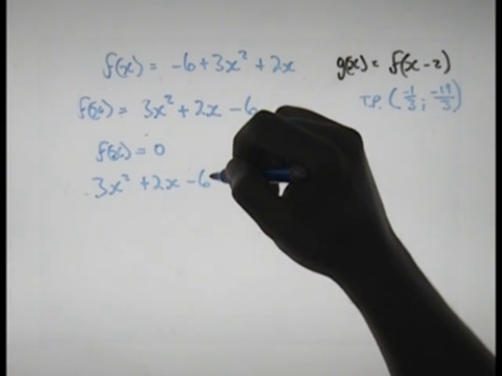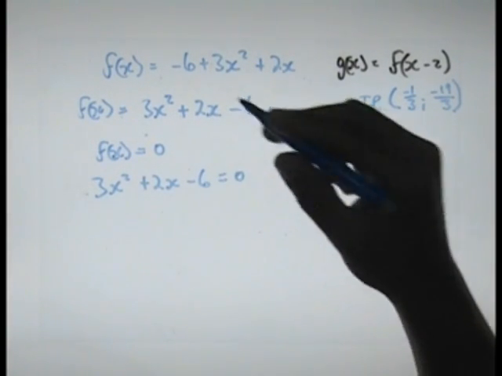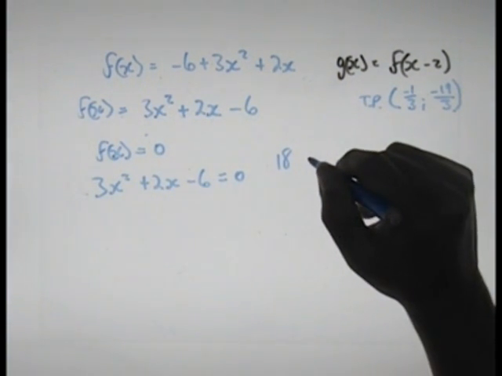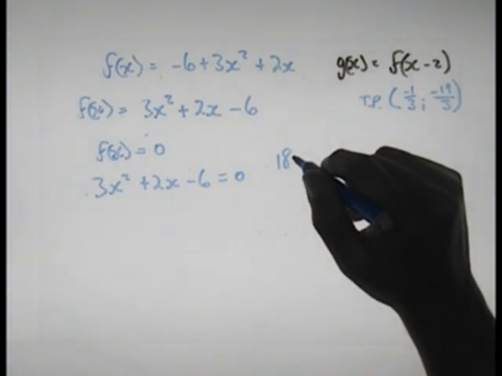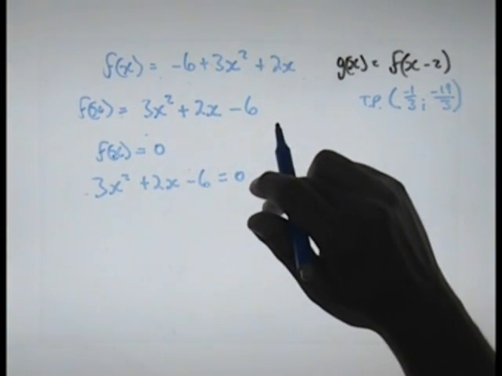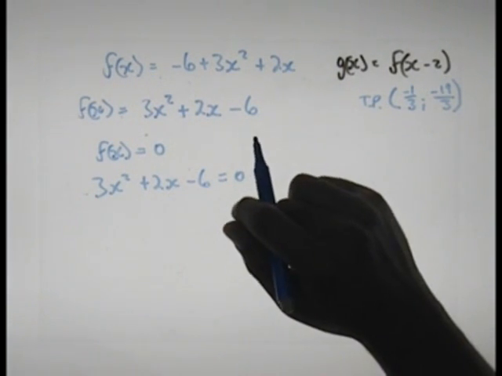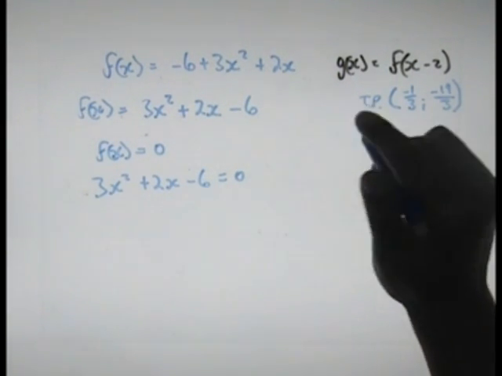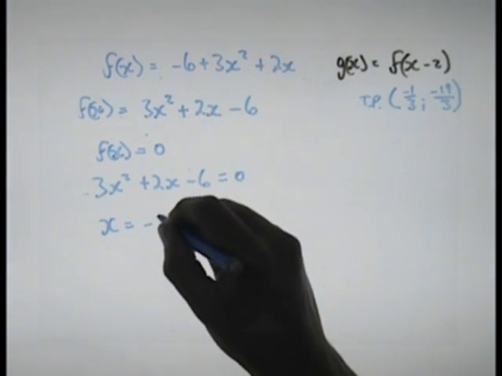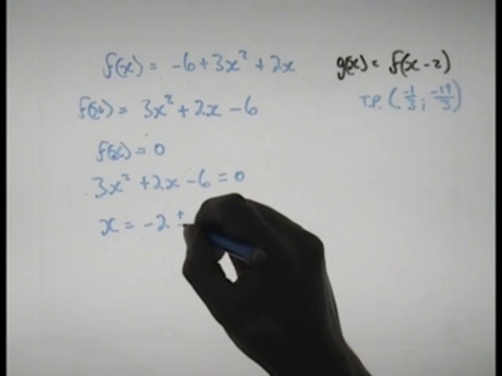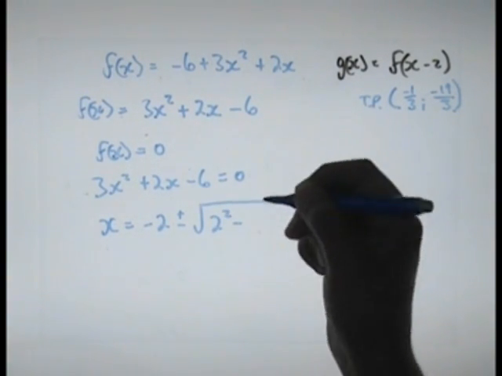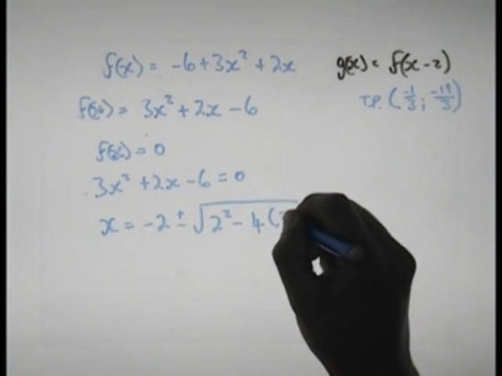3 times 6 is equal to 18. Are there any factors of 18 that will give us 2? No, there aren't. Hence we are going to have to find the x values by using the quadratic formula. X is equal to minus b plus minus square root of b squared minus 4ac